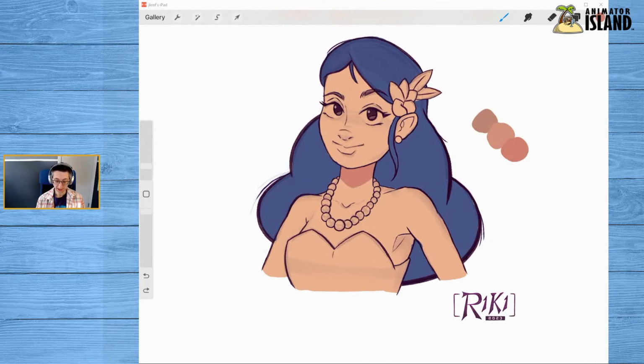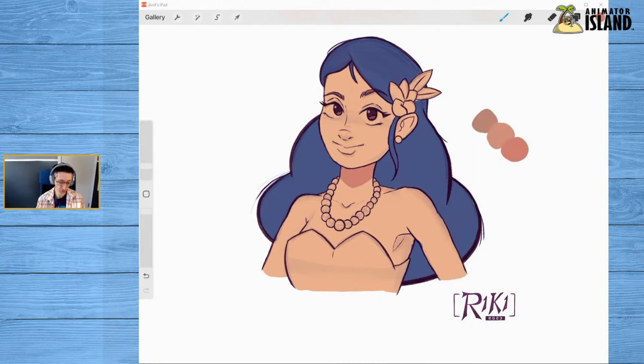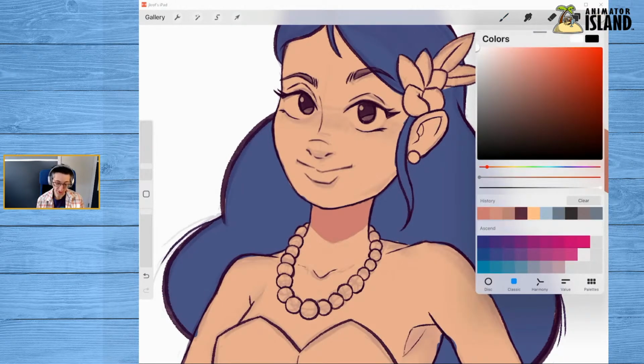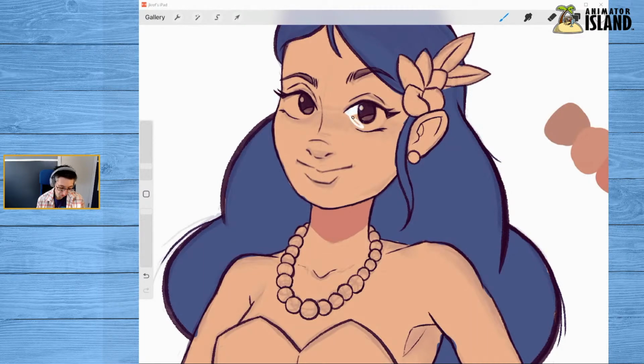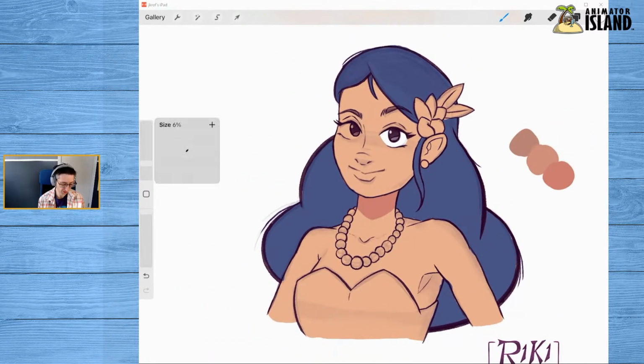Okay, last thing that I wanted to mention, and then we will move on to the next part of the lecture, and then we'll get to our analysis because that's probably going to take a little while too. You may have come across this tip before, but it bears worth repeating. When you are doing a character's eyes, specifically the quote unquote whites of their eyes, it really pays to not use white. And what I mean by that is if you go to the color picker and you go all the way to the corner, this would be a pure white that you can make the eyes of your character. Now, can you do this? Yes, absolutely. If you want to do that, you go for it. It will give you a very particular look.